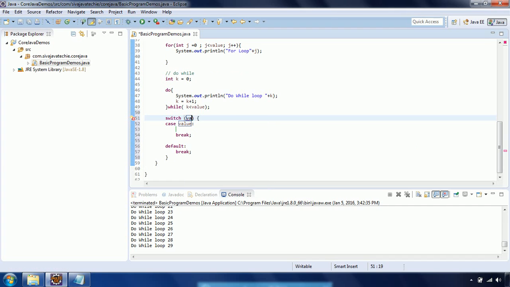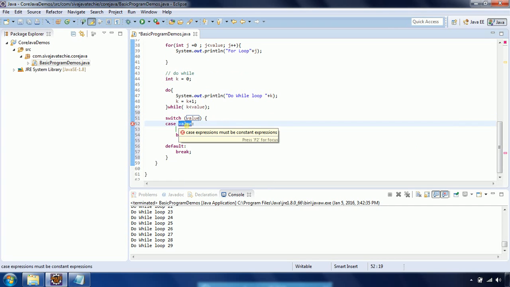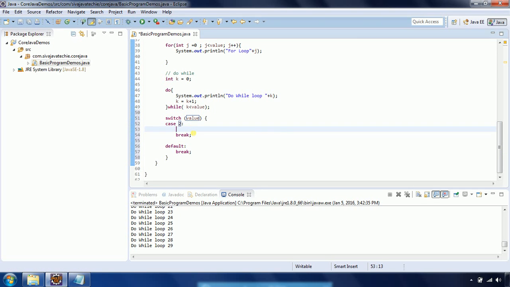we are going to give the value, for example, and each time we are going to have a case. We need to provide the value of the expression here. Then whenever the value of the expression matches one of these case statements, it is going to execute that case statement. For example,